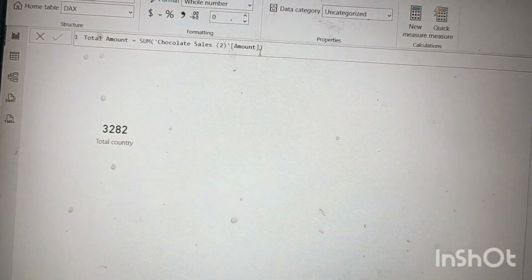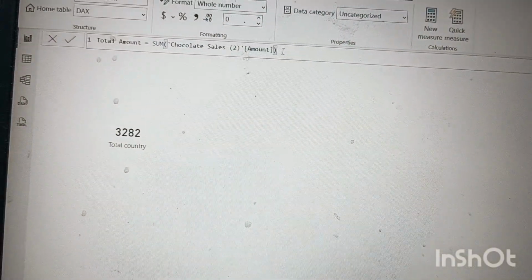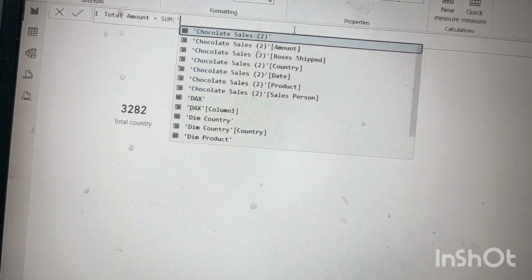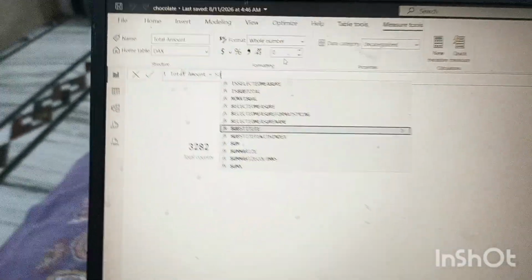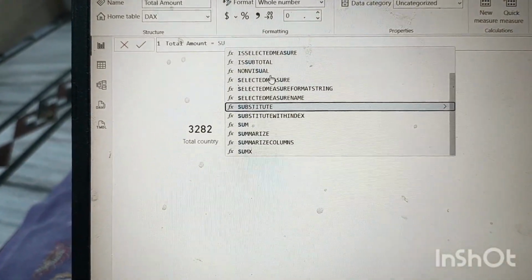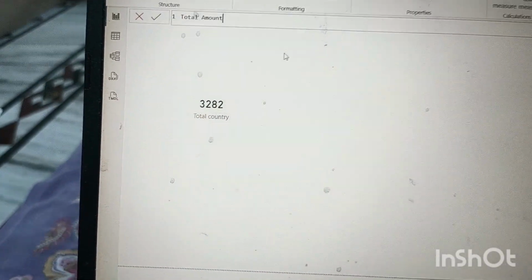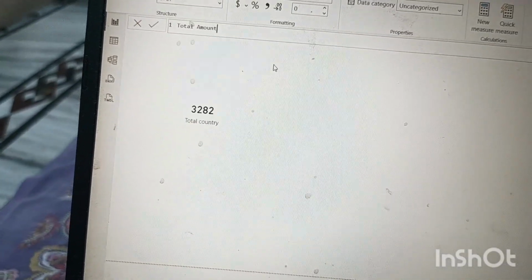Suppose there is no function available, and after writing total amount, we are going to find the total amount.